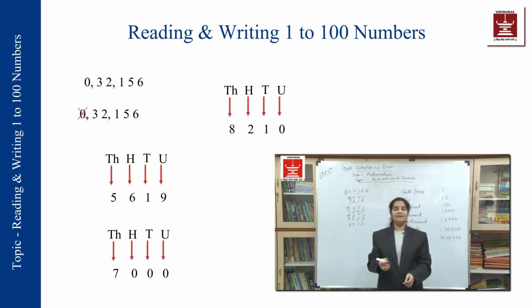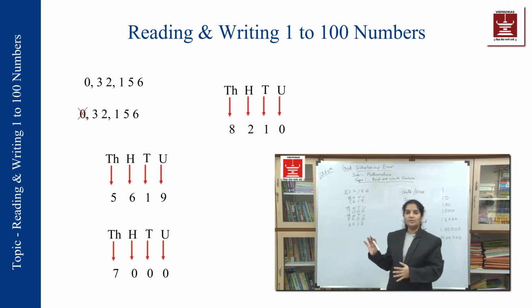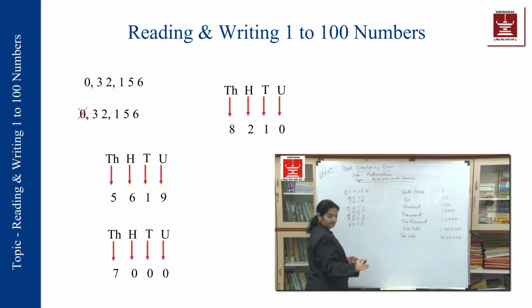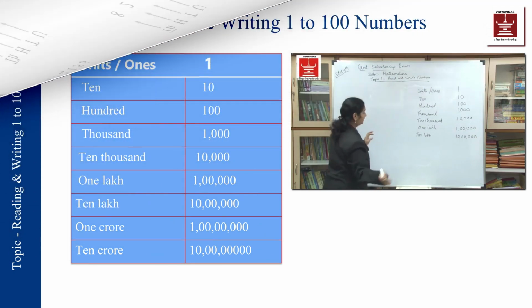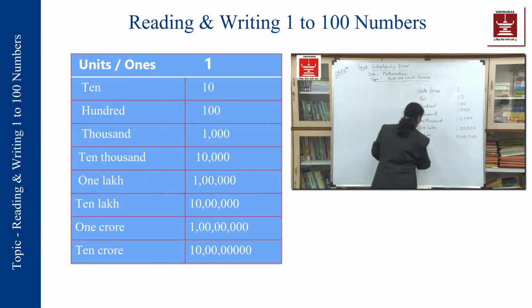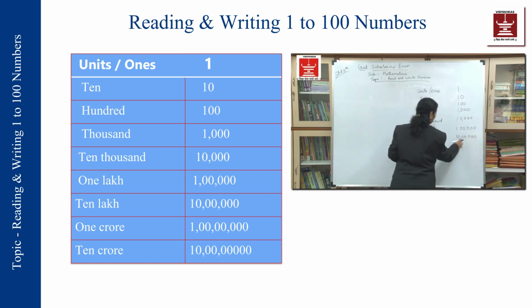So whenever I am writing or reading any number, we'll ask how it is supposed to be put in this chart. We'll make a tabular form so that it becomes easy for you to write it down. We'll add one more column over here: 1 crore and 10 crore. So 1 crore means how many zeros? 3 plus 3, 6, plus 1, 7 zeros. So 1 over here, 2 zeros, again 2 zeros, then 3 zeros. So 3 plus 2, 5, plus 2, 7.